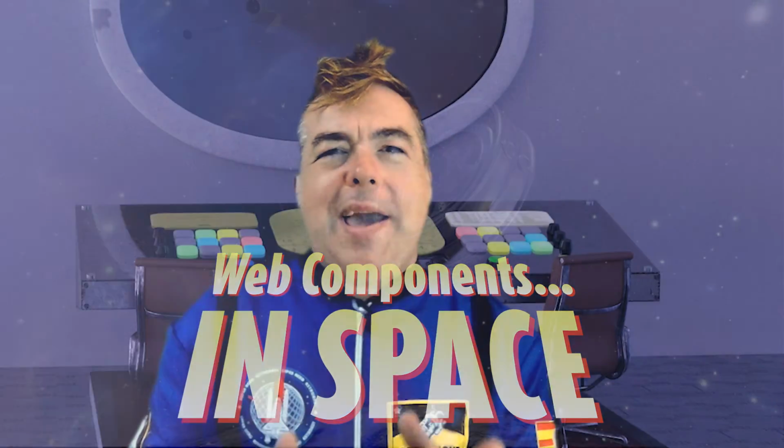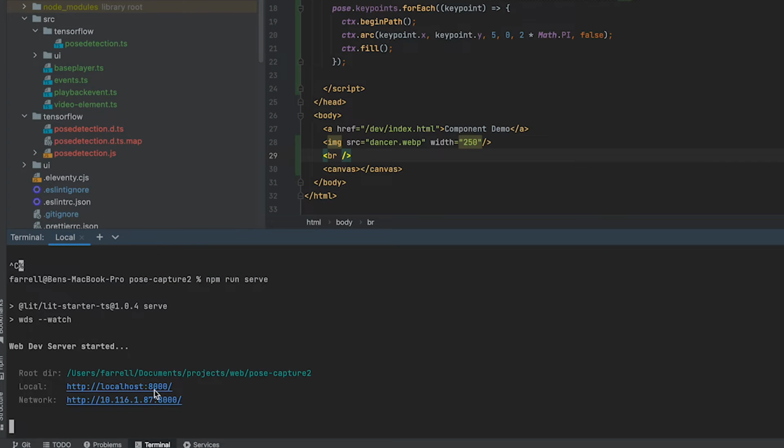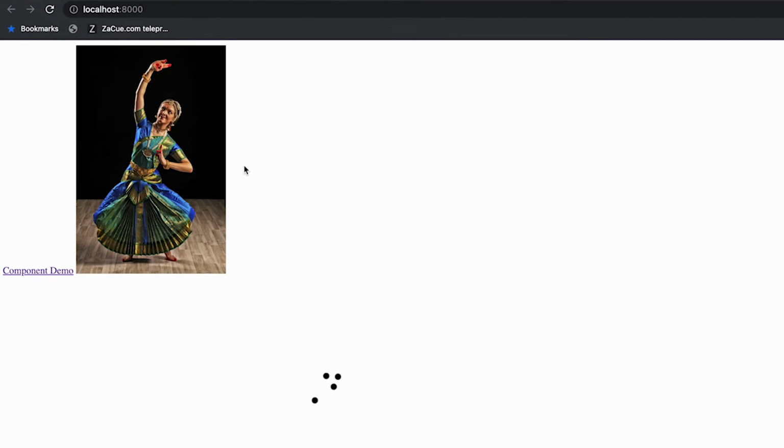Hey everybody, I am super excited right now about where we are with this pose capture component, or set of components, because there's going to be a few different types of things we're pose capturing. Let me show you where we are by loading up the demo we had last step. So npm run serve, and I found this image of this lady online, and I am super happy with this